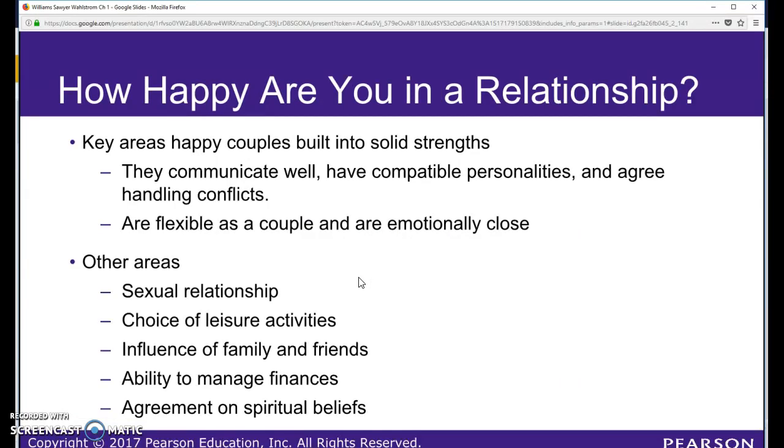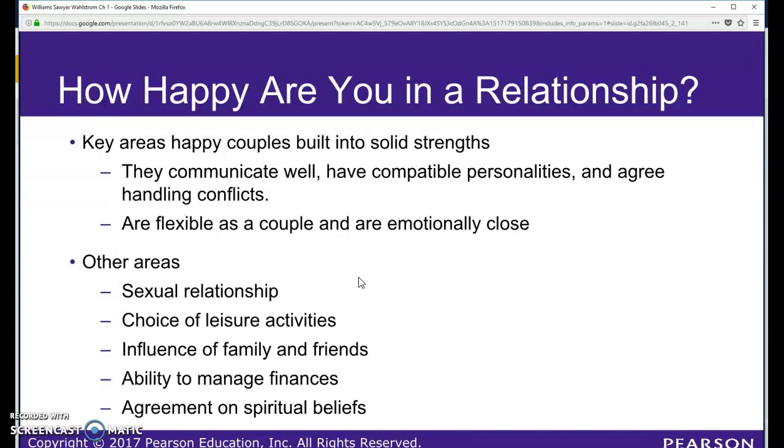Key areas: happy couples have solid strengths that are built into their relationships. And these are also things that we're going to talk about through the semester. Communication, there's a whole section where we talk about communication and conflict resolution. We tend to have a conflict taboo in our society where we feel that conflict is bad. But the reality is conflict can be very good for many relationships, especially when conflict is handled in a positive kind of way. So we're going to talk about those conflict resolution skills, communication skills later in the semester,